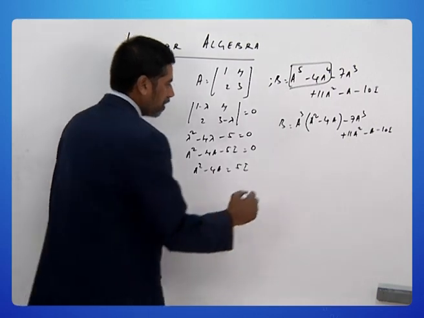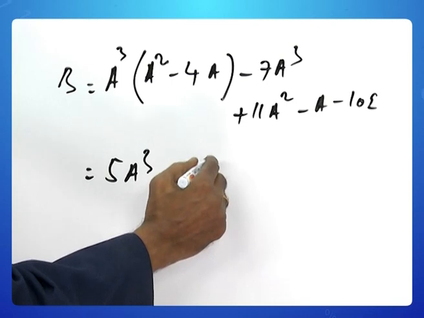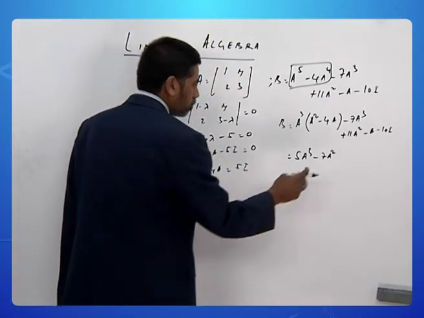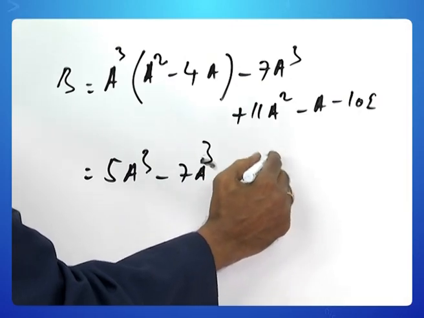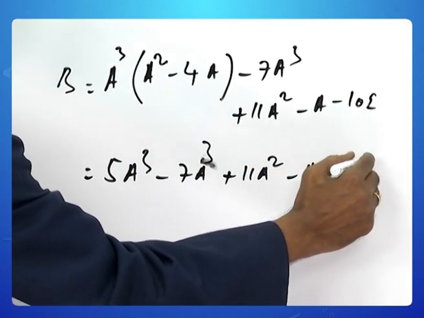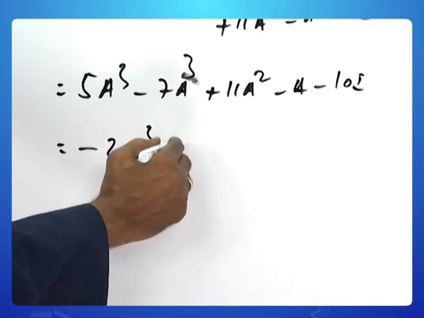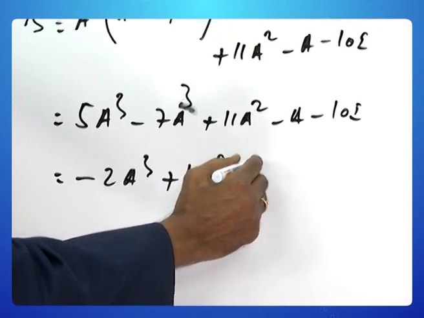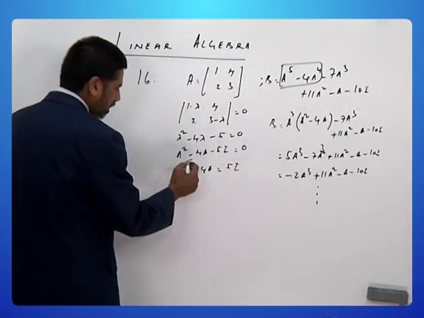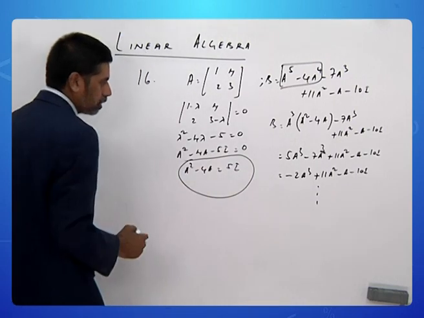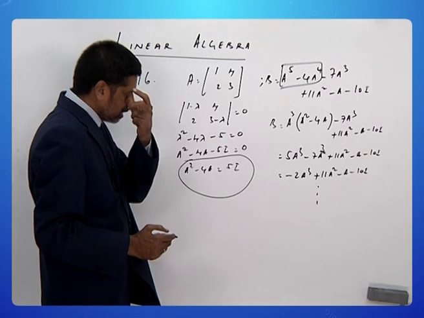If you replace it with 5I, you get 5A cube minus 7A cube again, plus 11A squared minus A minus 10I. So, reduce this and you will get minus 2A cube plus 11A squared minus A minus 10I and so on. So, you keep on recycling this equation into that and you will find that finally